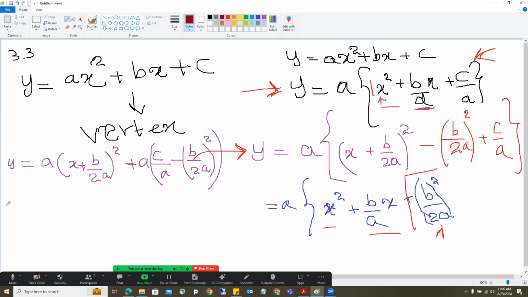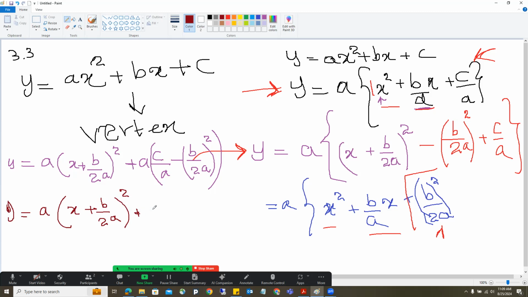That means y equals a times x plus b over 2a squared